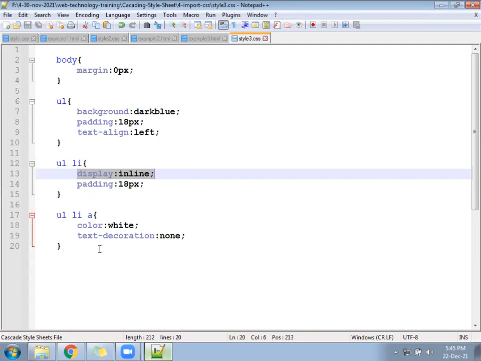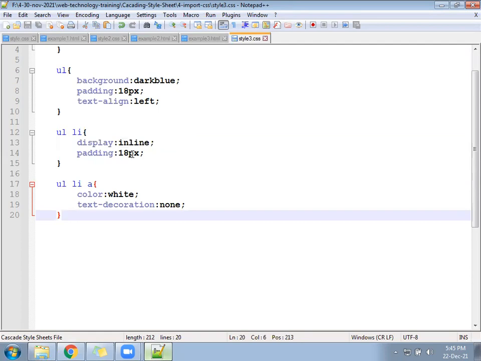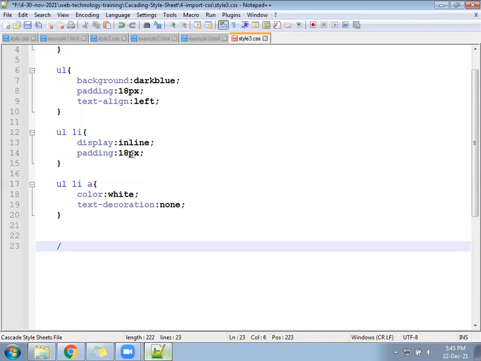Go here and write the CSS for that. Media query.